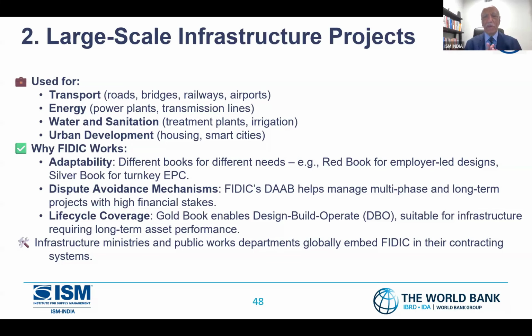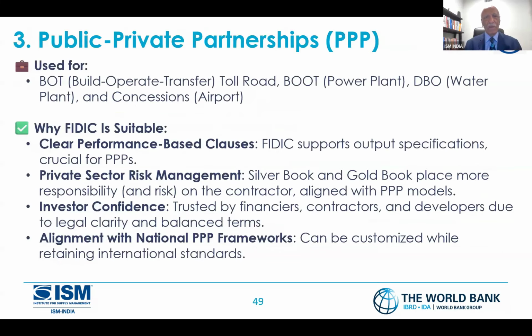Adaptability, dispute avoidance, life cycle coverage. This one certainly has attracted everyone: triple P. So in triple P, I could have a BOT type, build. I'm the contractor. I build a highway and I operate it also. And to cover my costs, because the government didn't have the money, I operate it, and that operation means I recover my expenses through the toll. And then later I transfer it back to the government. So it could be like a toll road.